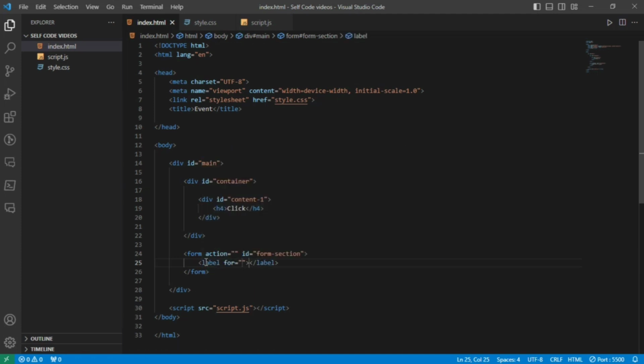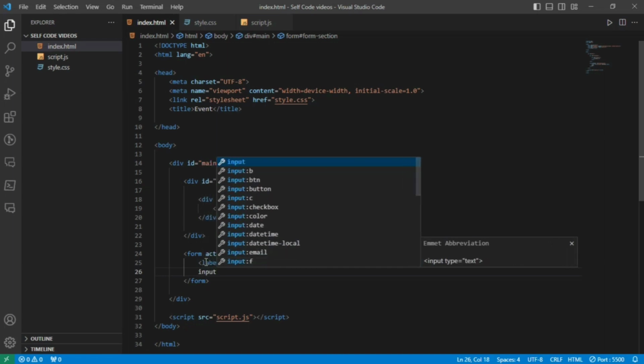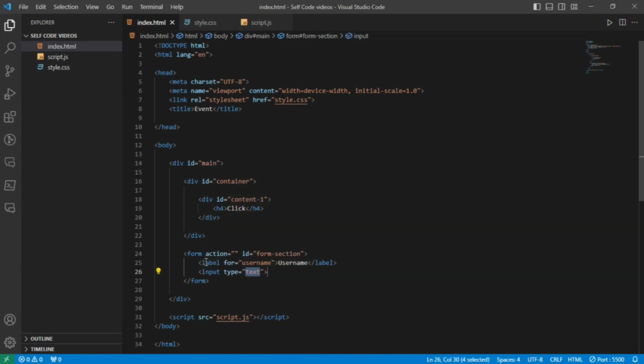Label for username and input type text. We have to give some ID equals to username